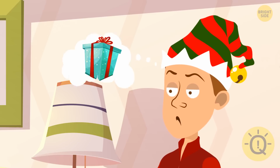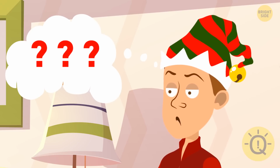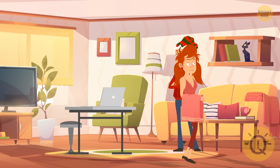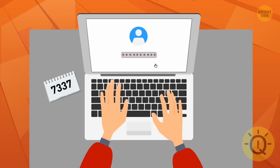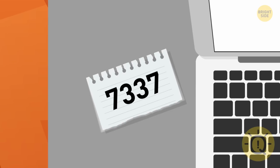Sam wanted to give Emily a perfect gift for New Year's, but he absolutely had no idea what to get her. He decided to check out what she saved in her shopping cart on her laptop. When Emily went to take a shower, Sam sneaked into her room and turned on the computer. It required a password, but Sam didn't know it. Luckily, there was a note lying next to the laptop saying